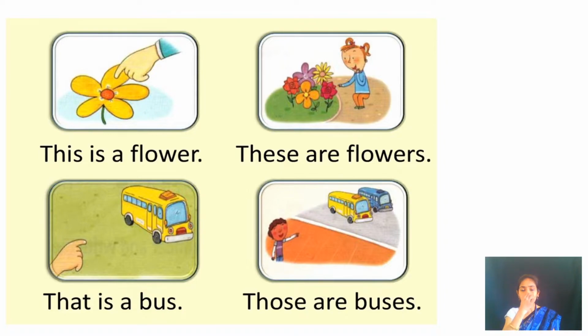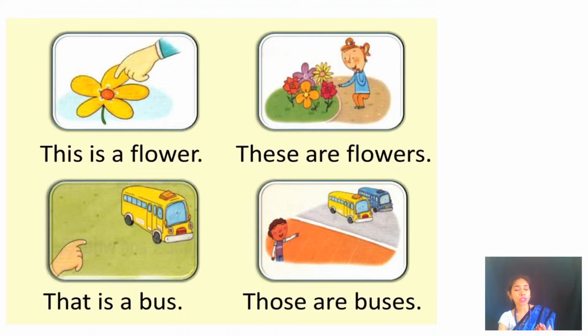So it means that the flower is near to the person. Flower distance में नहीं है, पास में है. So that's why we will say this is a flower. ये एक फूल है. याद रखेंगे this और that यूज होता है वन के लिए, सिंगुलर प्रोनाउन के लिए,